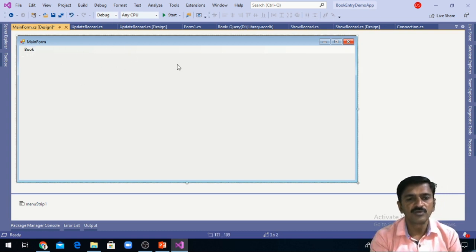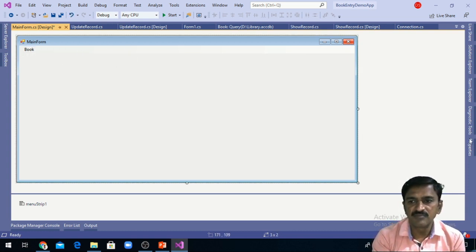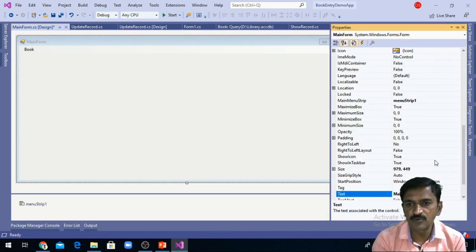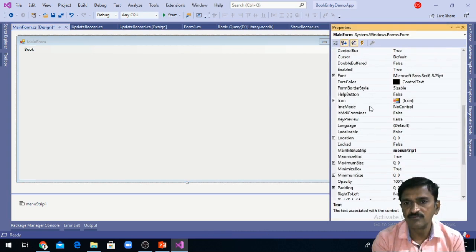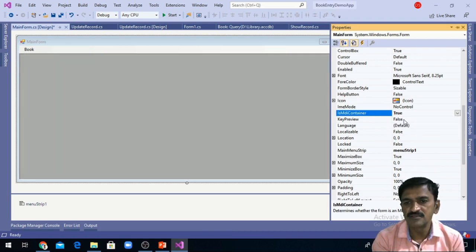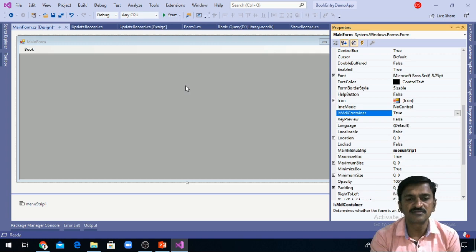Okay, I'm going to create this form as a main form. So for that there is a property called IsMdiContainer. So I'm specifying the value true to this form as IsMdiContainer. This acts as a main form.